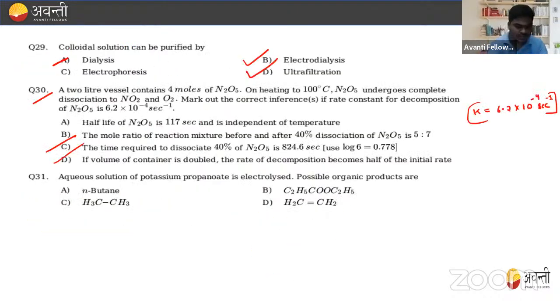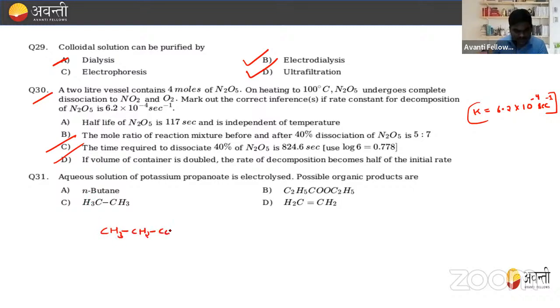The next question is question number 31. What does the question basically ask? In this question, they are asking about an aqueous solution of potassium propanoate being electrolyzed. The possible organic products are... So when the aqueous solution of potassium propanoate, meaning CH3, CH2,